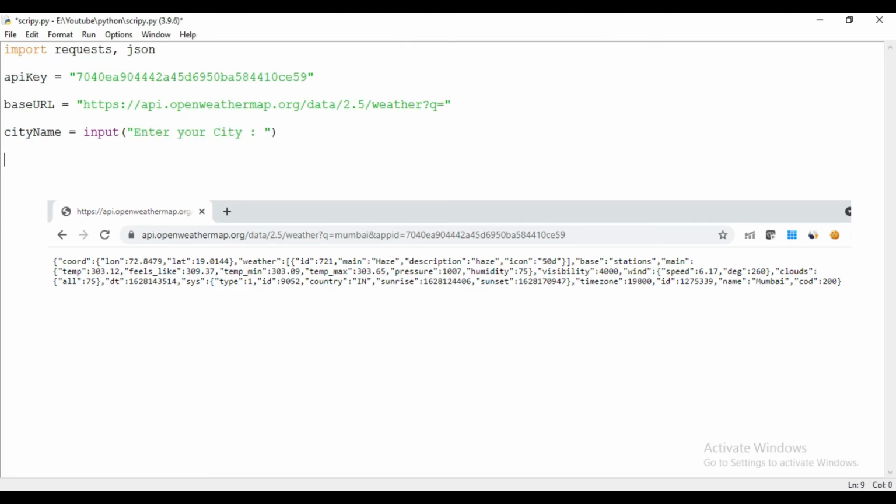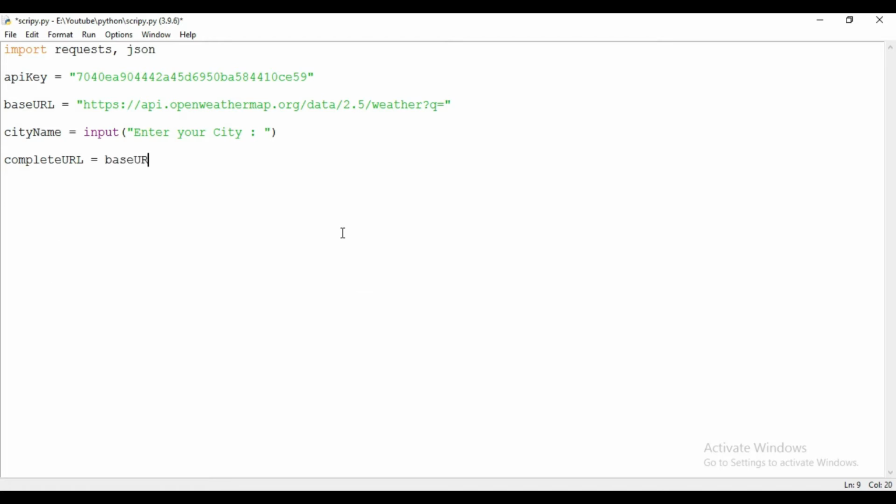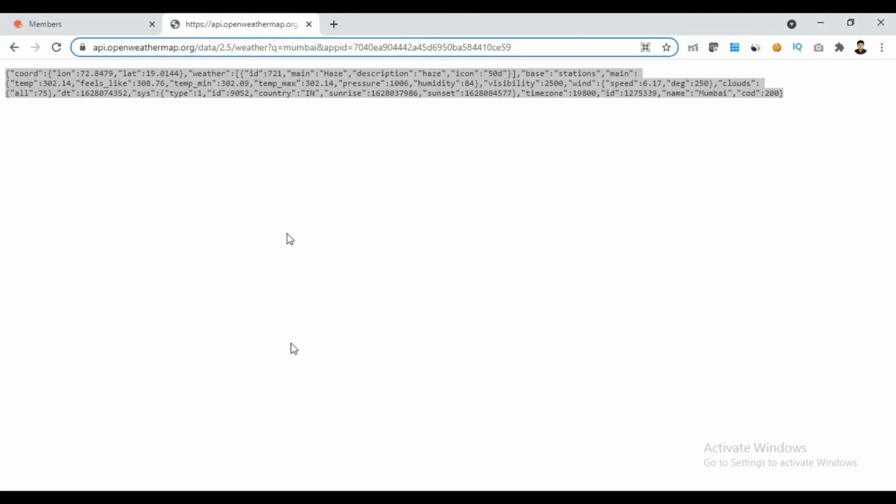Okay. After this we will append our city with the base URL. So now I am creating here the complete URL and we will use first the base URL. So after city name we need this ampersand and appid and this equals to sign.